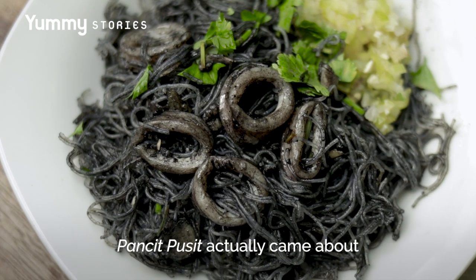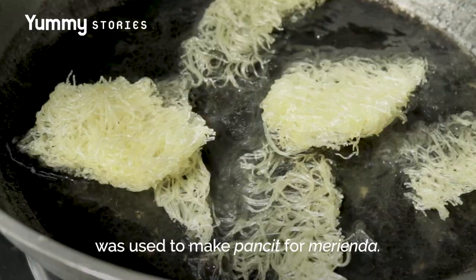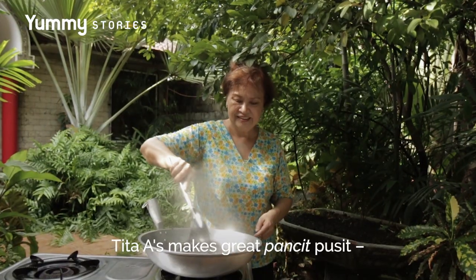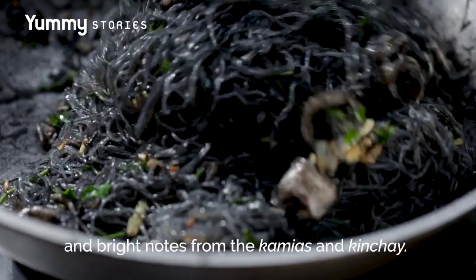Pancit Pusit actually came about when leftover adobong pusit from lunch was used to make pancit for merienda. Tita Ace makes great Pancit Pusit, with just the right amount of salty and sea flavors, and bright notes from